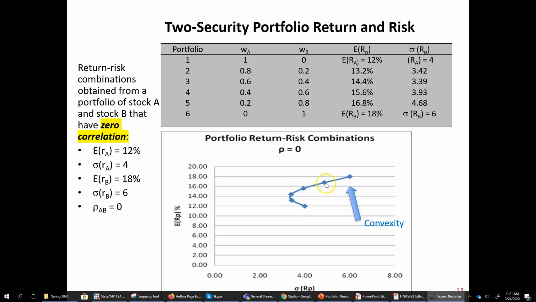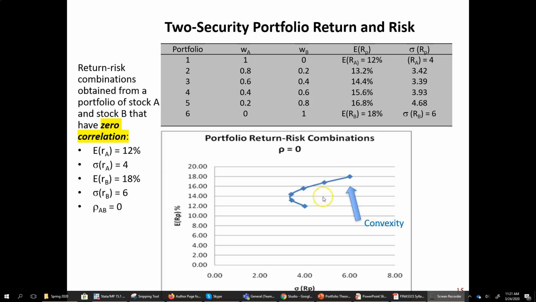And then we also see that as we get more and more into just this one stock right here, more into stock B, the portfolio starts to behave pretty much like stock B. So for example, when we get to this point right here for portfolio 5, which is 80% of B and just 20% of A, its expected return and risk are pretty close to what